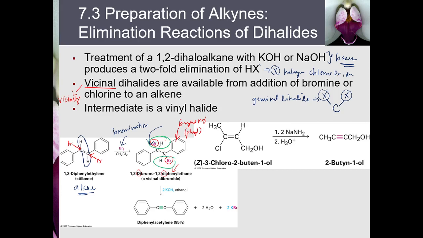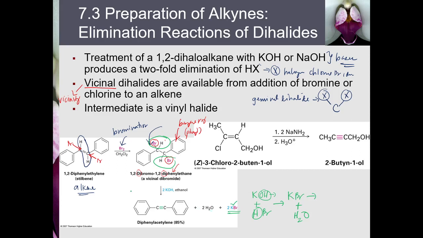Because you have two sets, you will remove this as KBr. Why did it become KBr? Your KOH plus the Br react with each other. So KBr, and then you also have additional formation of water, HOH. They exchange partners. HOH is just water. So here you will produce two KBr and two water.